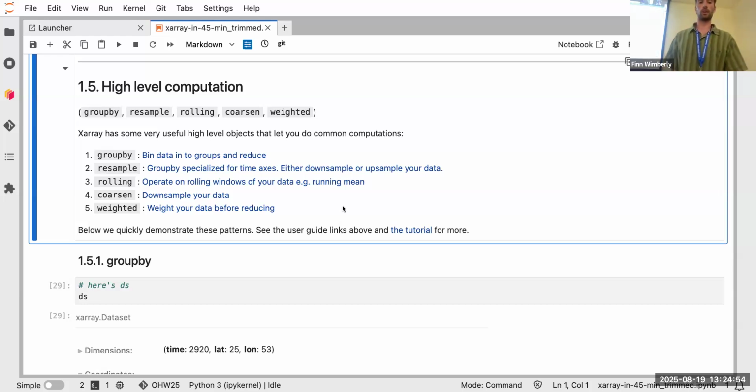The rolling command takes a rolling mean. So if you're looking at 30-day rolling windows, it's easy to specify. I haven't used Corson, but it looks like that's for downsampling, so going from a higher res model to something that's not quite as data consuming. And then the weighted command can be used, like we'll get to that later as well, but